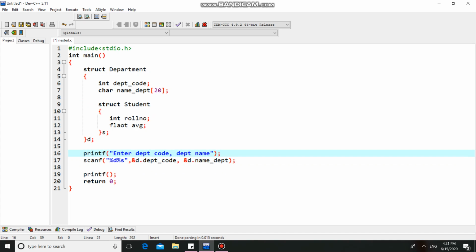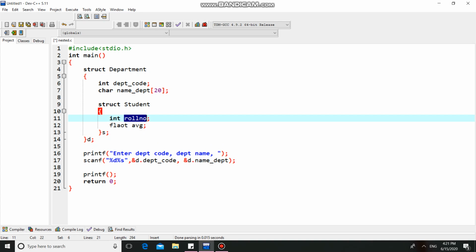But how do we read roll number and average, the information of student? They are direct members of student, but indirect members of department. So to access roll number and average from department, first you need to access the structure variable, that is s.